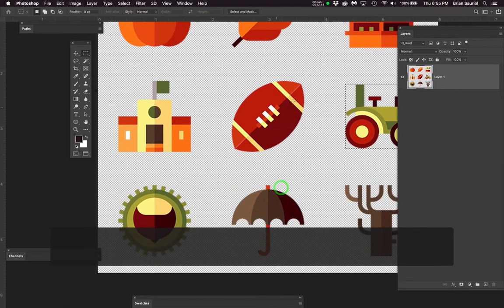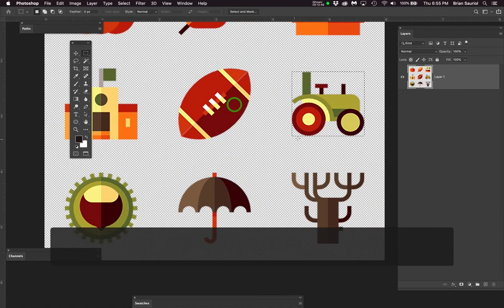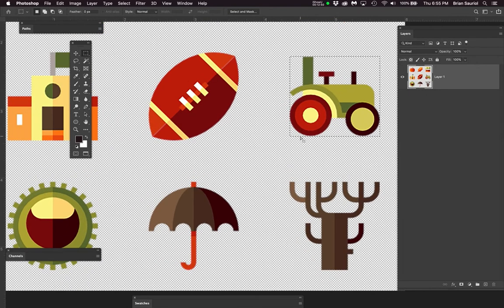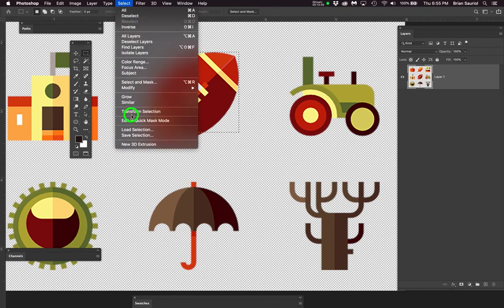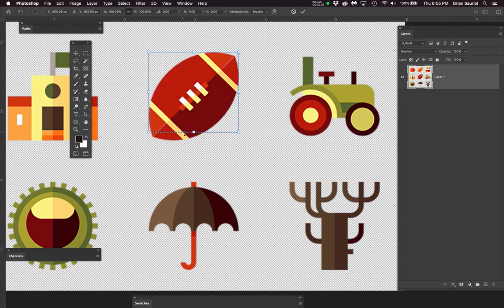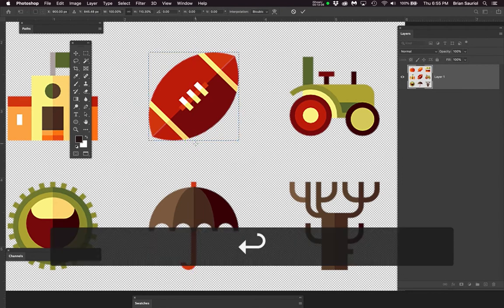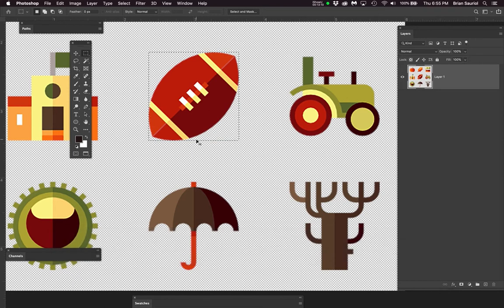Let's get the football. So I'm going to go grab the same marquee. See that? I'm where the tractor is and I'm moving it over to the football and I'm almost correct on the football, but now I got to make it deeper. So how do I do that again? Select, transform selection, hold the shift key, move it down, return key, so it accepts the transformation,